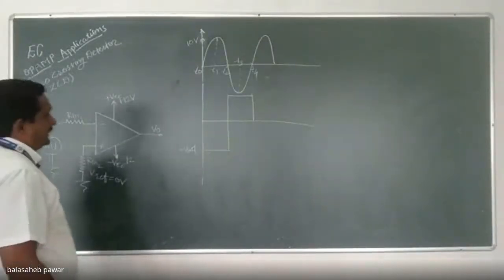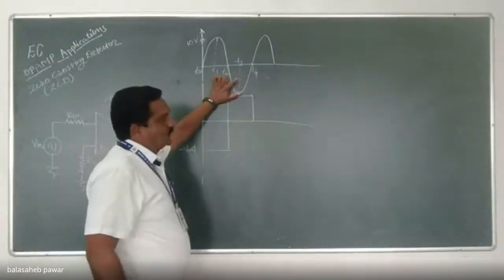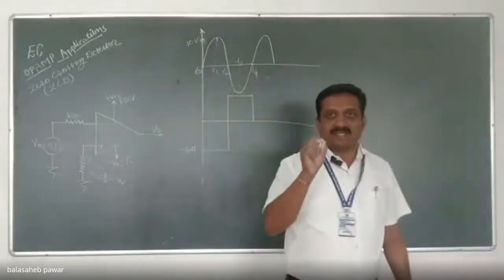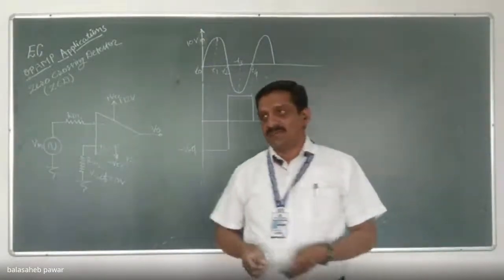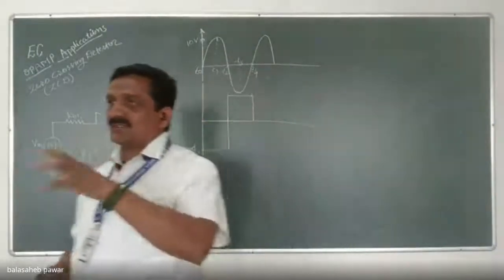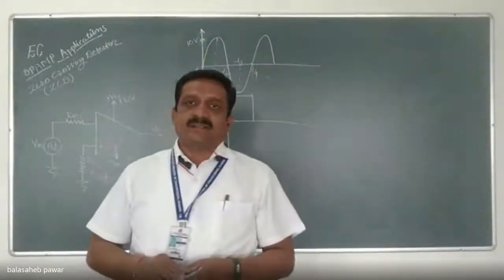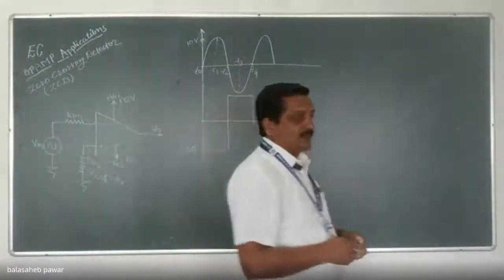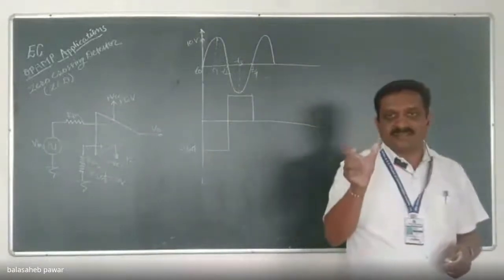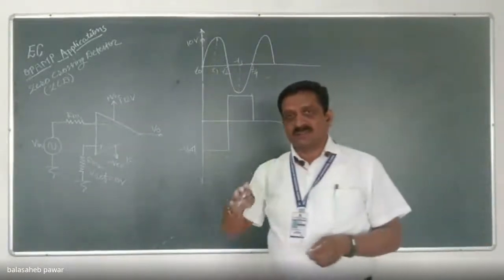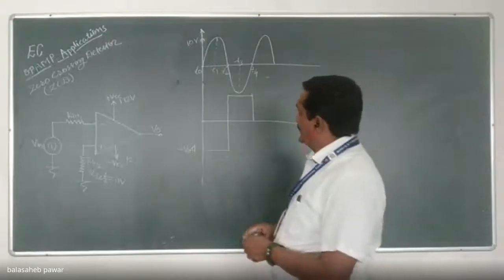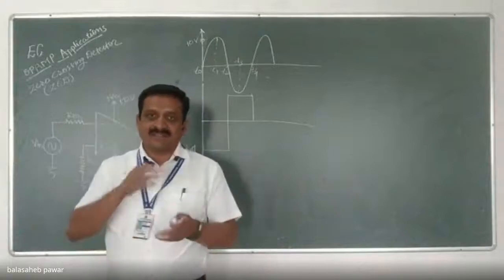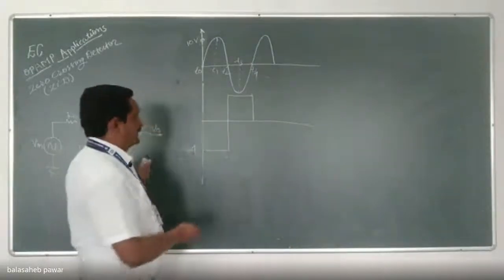What is that limitation? If the input signal frequency is very low, that means the signal is taking much more time while crossing the zero level between its positive and negative half cycles. See what happens if that input signal frequency is very low, then the signal is taking much more time at its zero crossing, correct? So this circuitry may take somewhat more time for the transition between one saturation level to another saturation level.